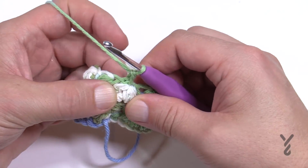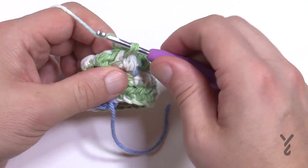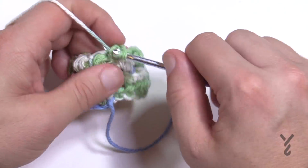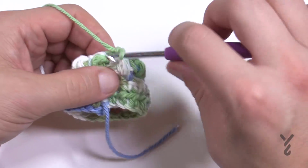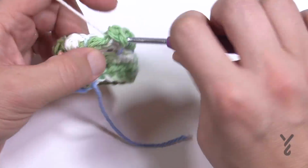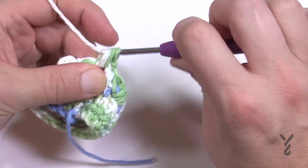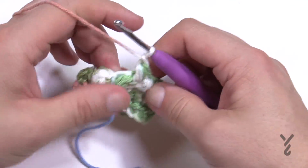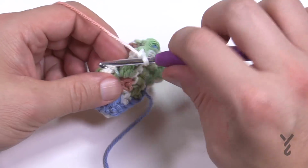So we're going to start in our first one, and we're just going to insert in, pull through, and put in our first set of beans. So let me just reset my hook. So we just go in, pull through, wrap, and then wrap, and then pull through everything and chain 1 to lock. So you advance to the next space. Do you see it there? It's right there. So in,